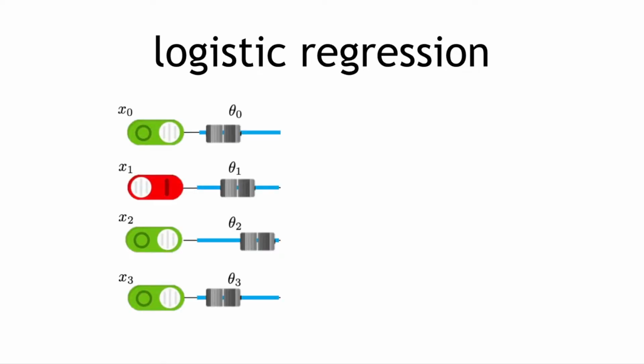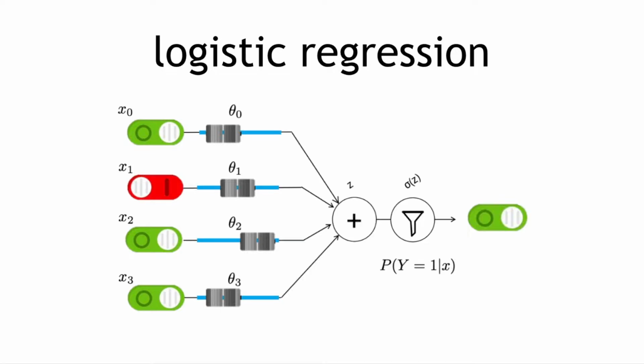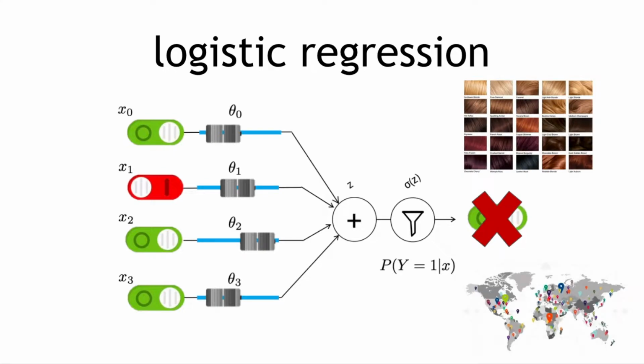In CS109, we learn about logistic regression, which allows us to take a set of inputs, derive a series of weights or thetas that correspond to different features of an input set, and predict some binary output for each member of the input set. But what if we wanted to predict something which isn't binary, like hair color, or geographic